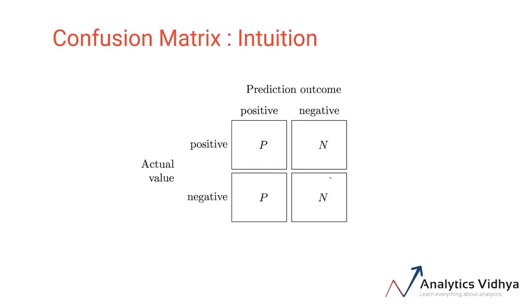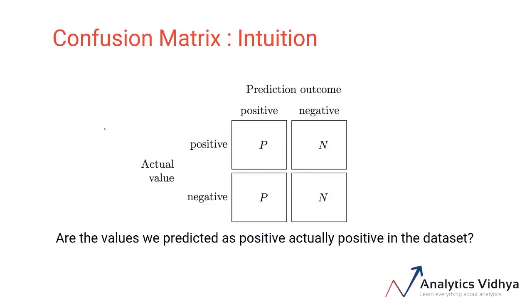Once that's done, the next step is to check the predicted values against the actual values. The observed or actual value in our dataset can either be positive or negative, right? Since this is a binary classification problem. Now consider that the classification model predicts the value as positive, which implies that we are in the left column. So we need to check whether the values predicted by our model are actually positive. Let's say the value predicted by my model is 1 and the actual value is also 1. So in this case, the predicted value is correct or true. So in the cell positive, we can write T.